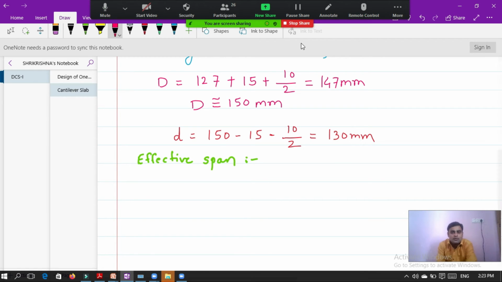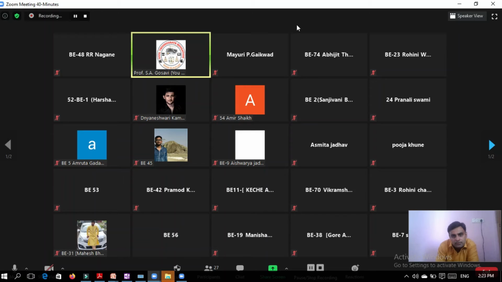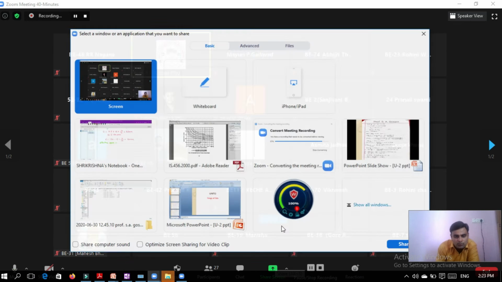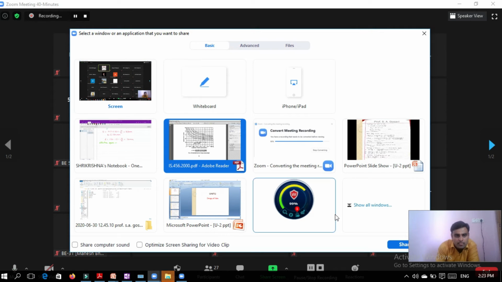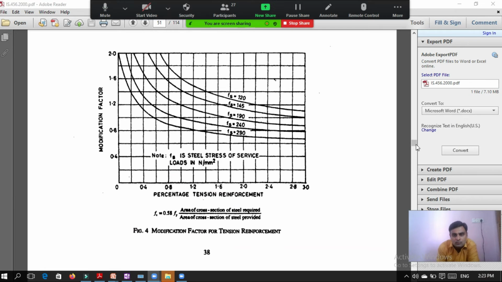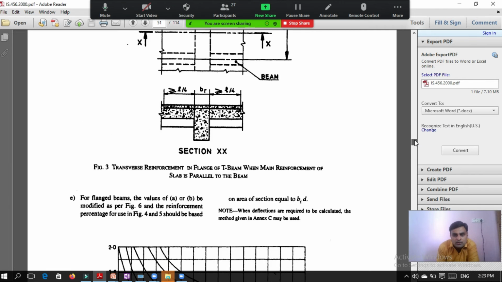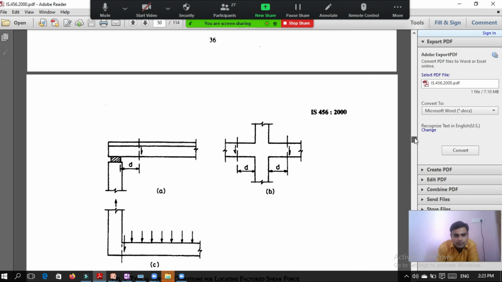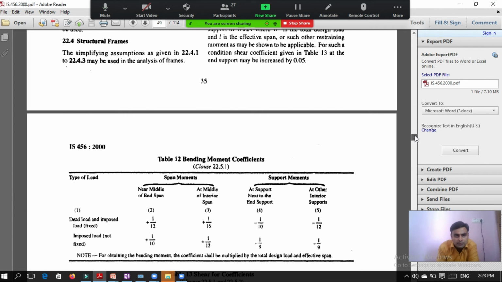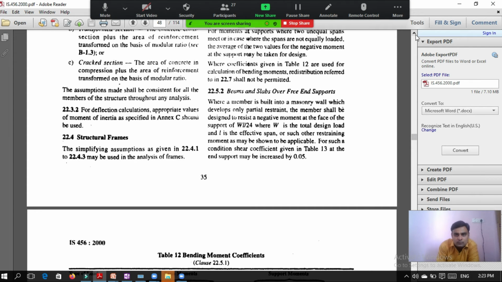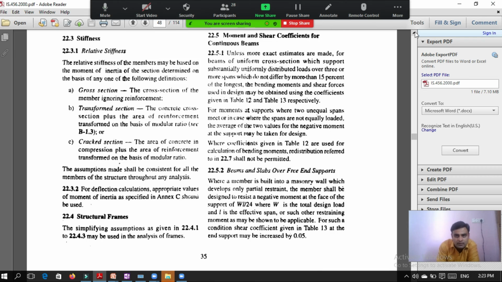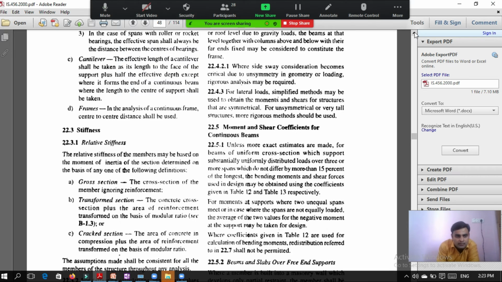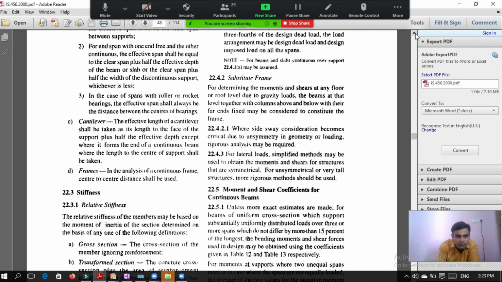So if we go to the IS code now, I will search for the clause number 22.2 C.